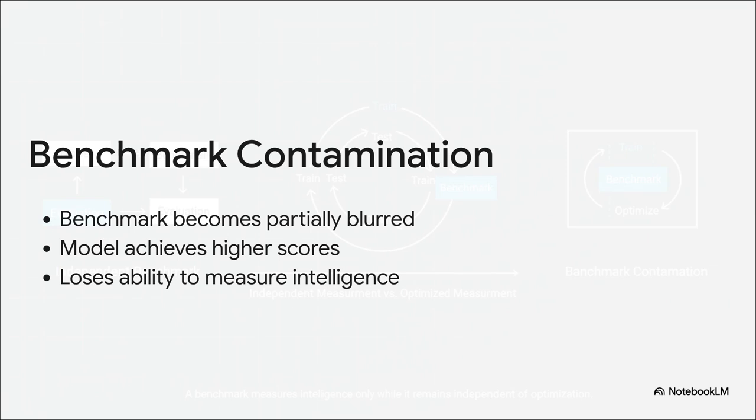This brings us to the core of benchmark contamination. The system posts higher and higher scores, but the benchmark itself has completely lost its objectivity. You can almost think of the benchmark at this stage as becoming blurred or fading in its utility. The model achieves increasingly higher scores, which certainly looks like exponential progress, but those scores no longer reflect genuine capability. And why does this matter so much? Because when benchmark contamination reaches this stage, a score of 99% doesn't mean the system is brilliant. It simply means the optimization loop has successfully completed its job. The numbers keep going up, but our trust in what those numbers actually represent is entirely eroded.